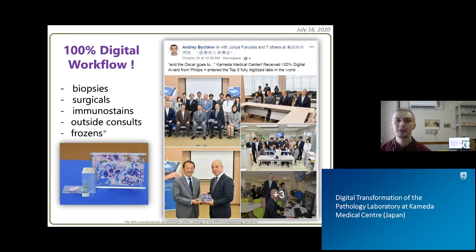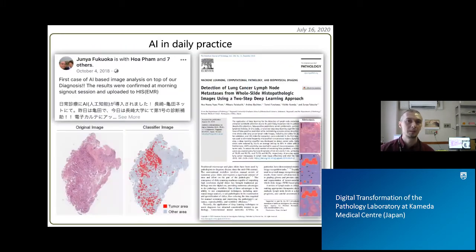Of course, today this field is developing very fast, and the number of these laboratories is growing, and the number of these awards is growing. But we already got our place, and once again, we were the first fully digitized lab in Asia at this scale. These are our achievements. As I mentioned, there are several fully digitized labs in the world. But in my humble opinion, we are probably doing even better than our competitors, because we routinely use digital cytology, radiology integration, and AI on a daily basis.